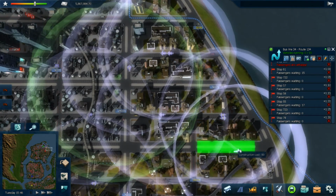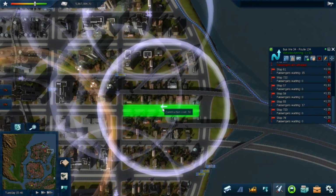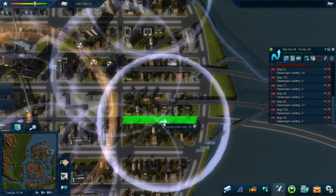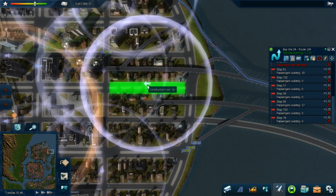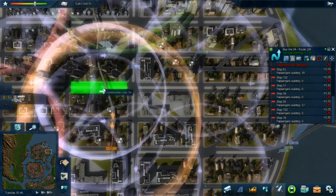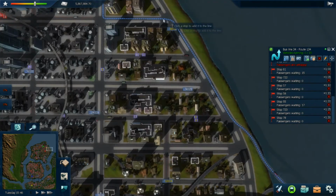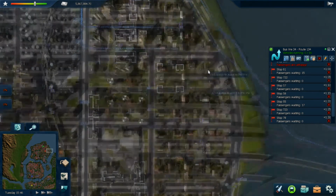Alright, I've got an idea. So we'll come down like that. And then go... Because there's a whole area here as well that still hasn't been served. So if I move this back, put it about there. Okay, and then there. Alright, so what I will do is this line will go here, here, here, and then